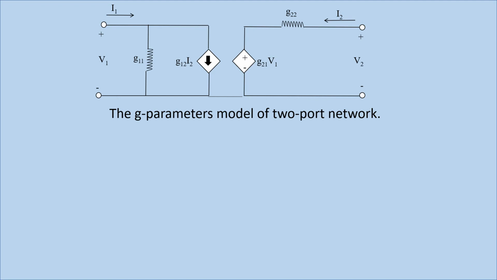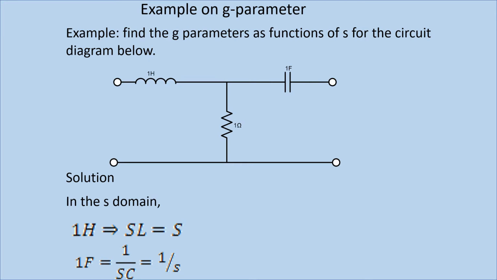Here is the inverse hybrid parameter model for a two-port network. Now, here is an example on inverse hybrid parameters. The example says: find the G parameters G11, G12, G21, G22 as a function of frequency domain for the